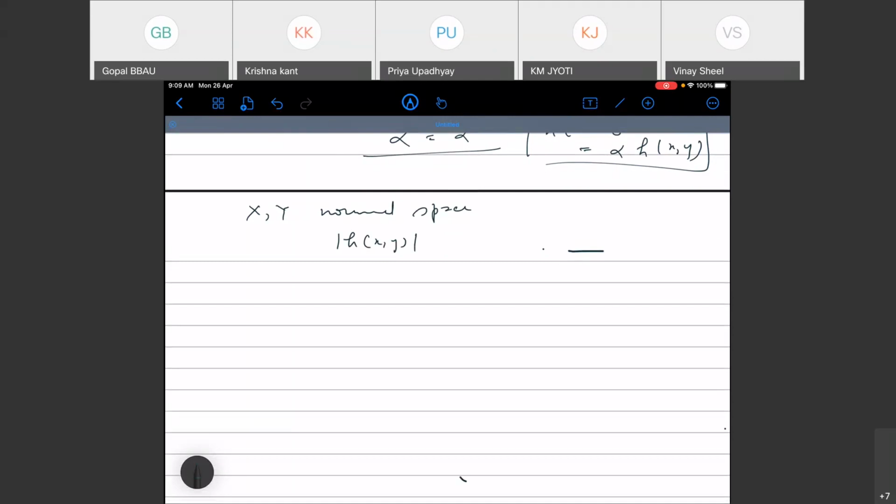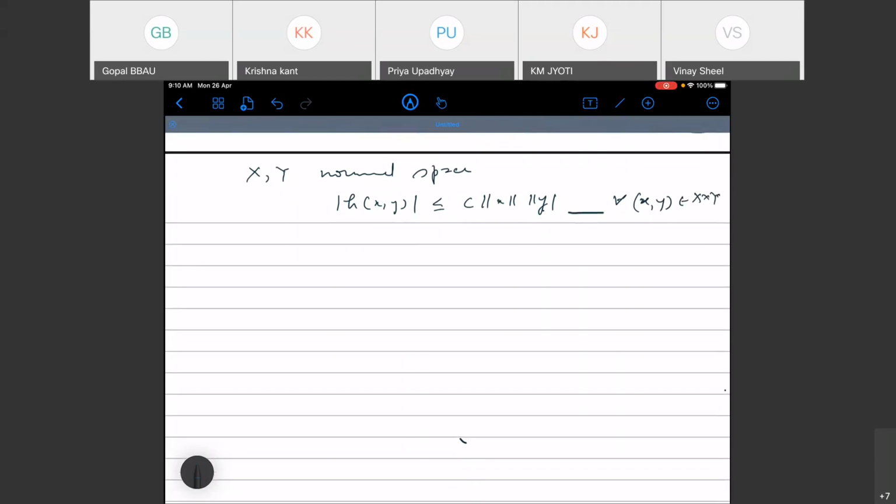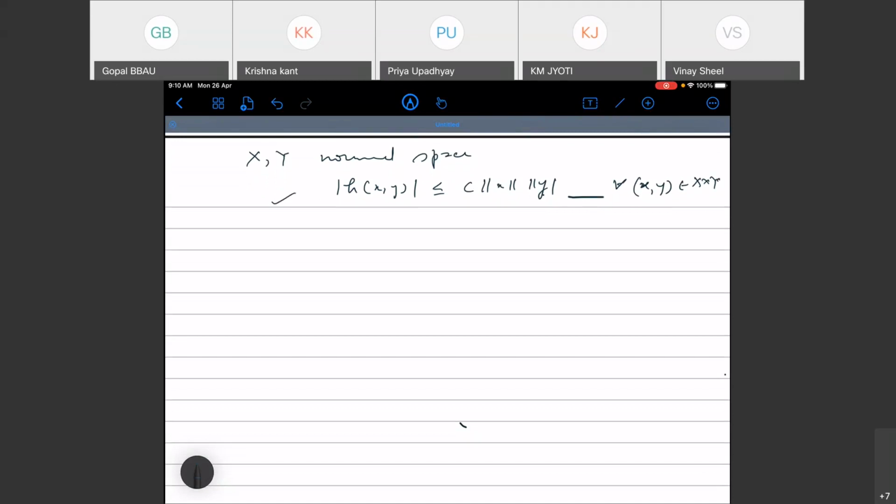If h is a bounded linear functional, then there exists some c which satisfies this, and this is true for all x in X, or you can say for all (x, y) in X cross Y. So if this happens, then we say h is bounded, and we define its norm by